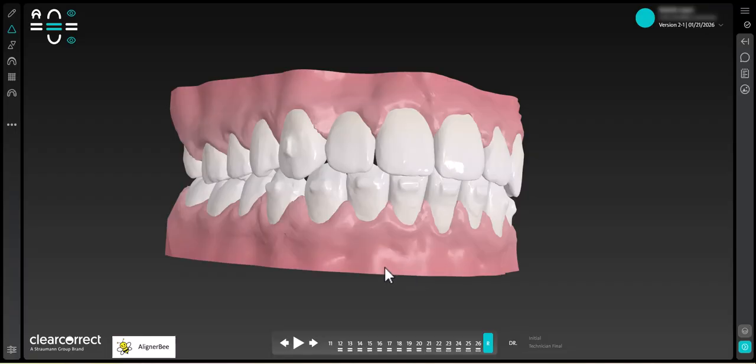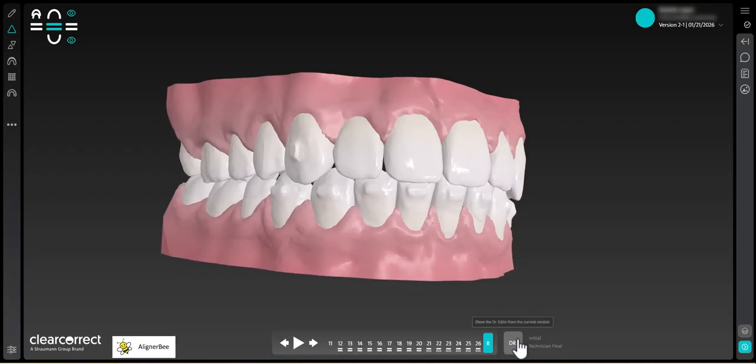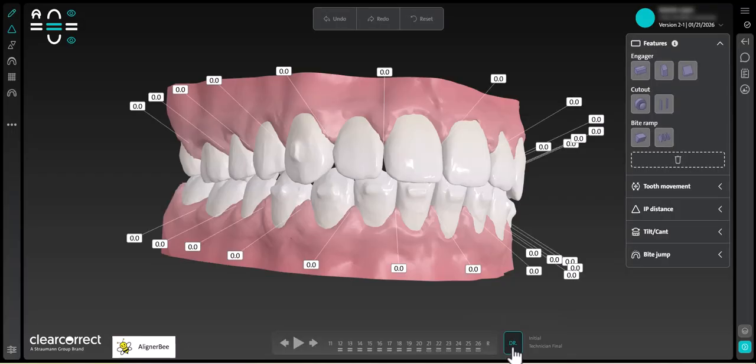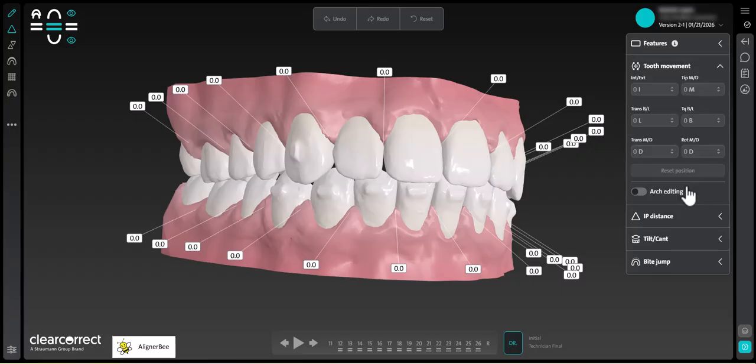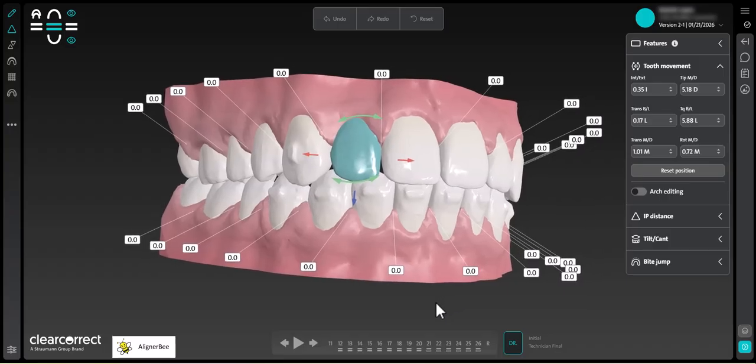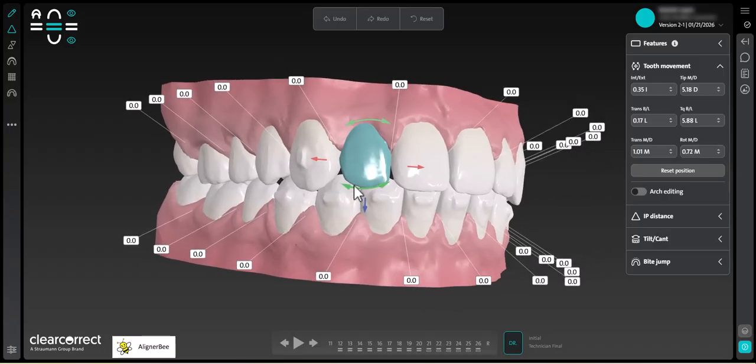However, I find the faster way to do this is to click on the Doctor Edits in the lower right-hand corner at the end of the toolbar. And then this is going to give me the ability to make the edits myself. So I can come over to our panel on the right-hand side and click Tooth Movements. I can then click and select the tooth, and it will pop up with either arrows where I can direct the tooth movement,